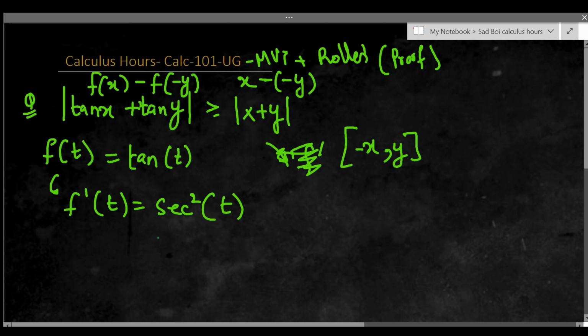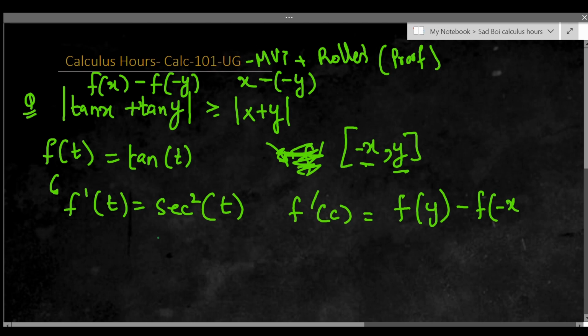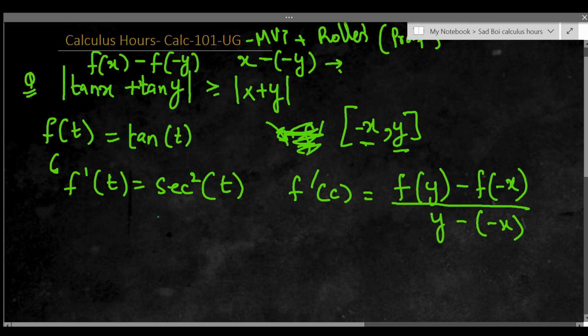Basically what the mean value theorem says is that you have a point c between negative x and y such that f bar of c equals f of y minus f of minus x over y minus minus x,